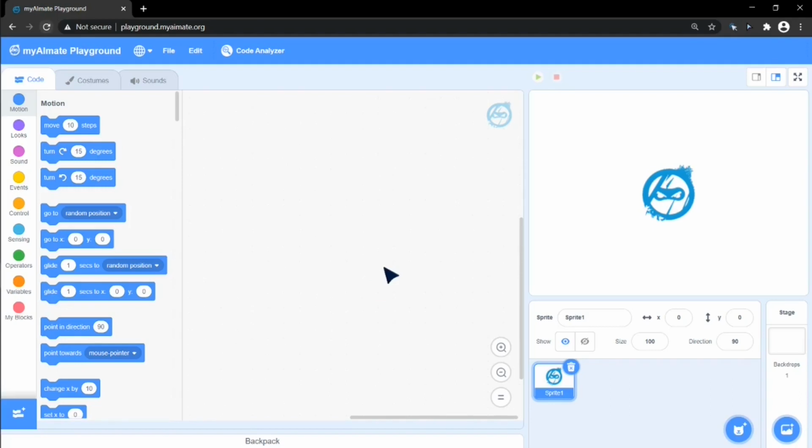Before moving forward, let's add a backdrop and a sprite which will help us to understand the effects of various code blocks. One of the coolest features of My AI Mate Playground is that it has a huge collection of cool backdrops and sprites to choose from.